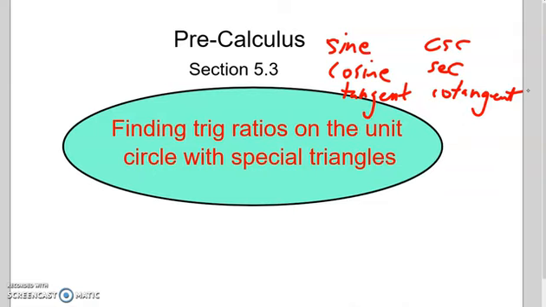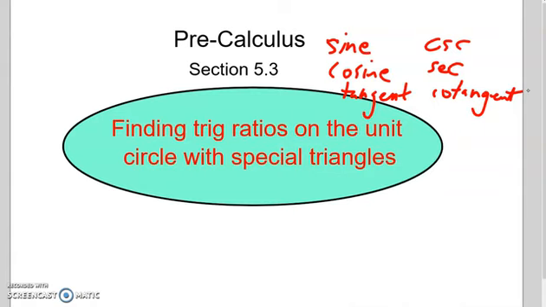So normally, if you find the trig ratio of 39.3 degrees, you would plug that into your calculator and there you go, you have the ratio. So what we're talking about here though is there's some trig ratios that we'll expect you to know,